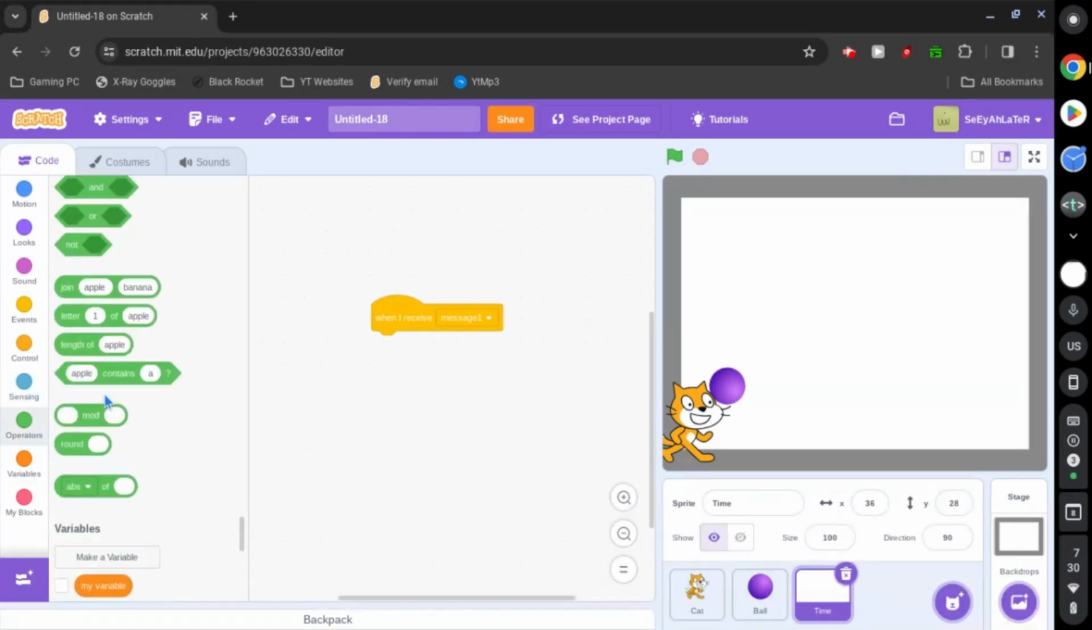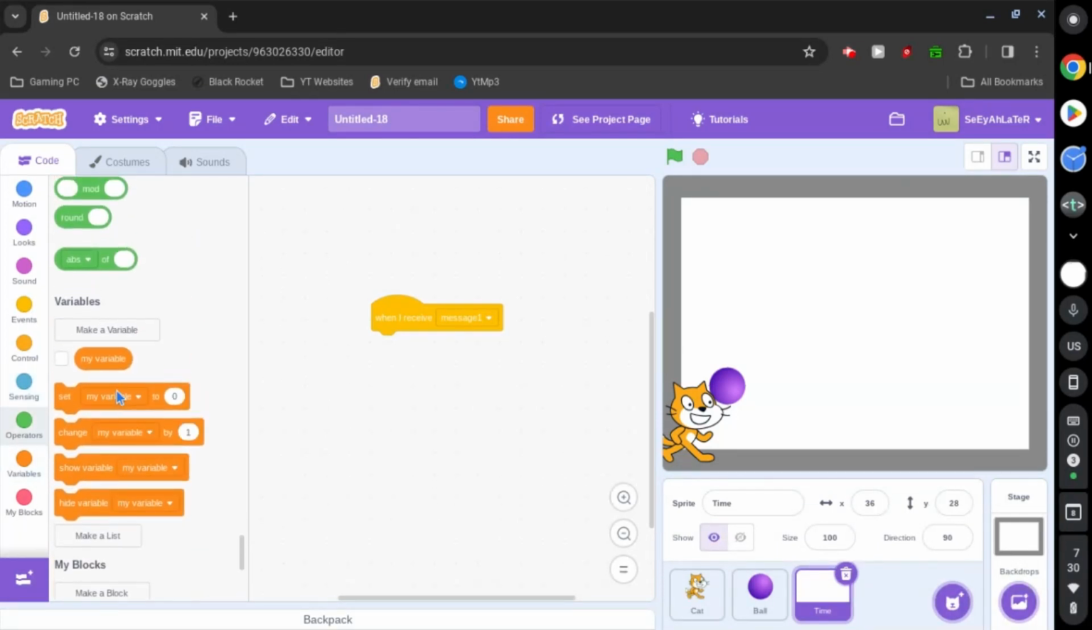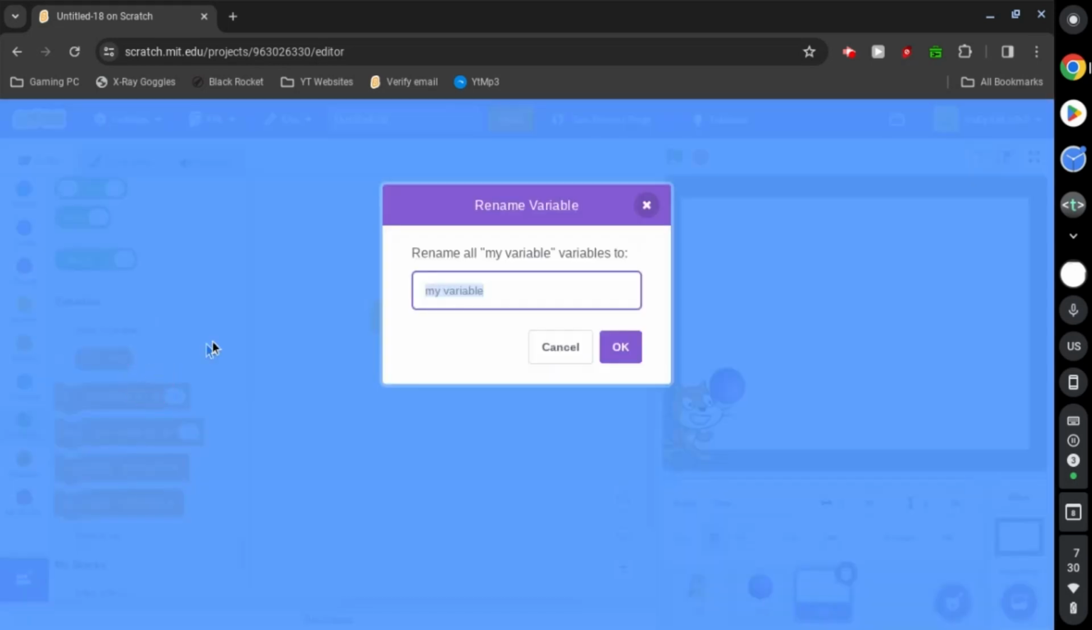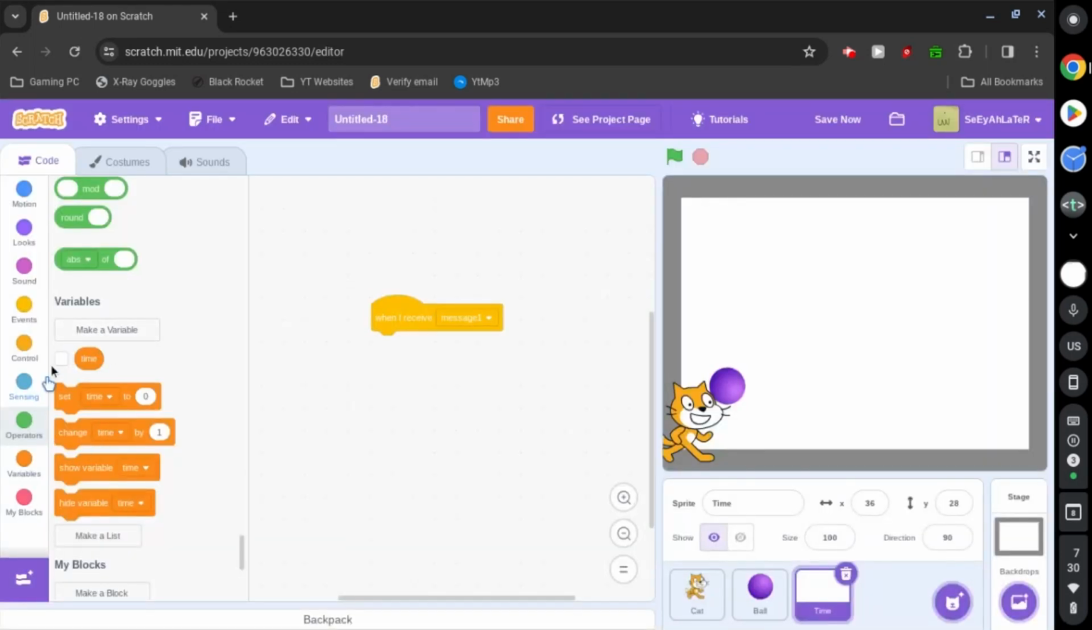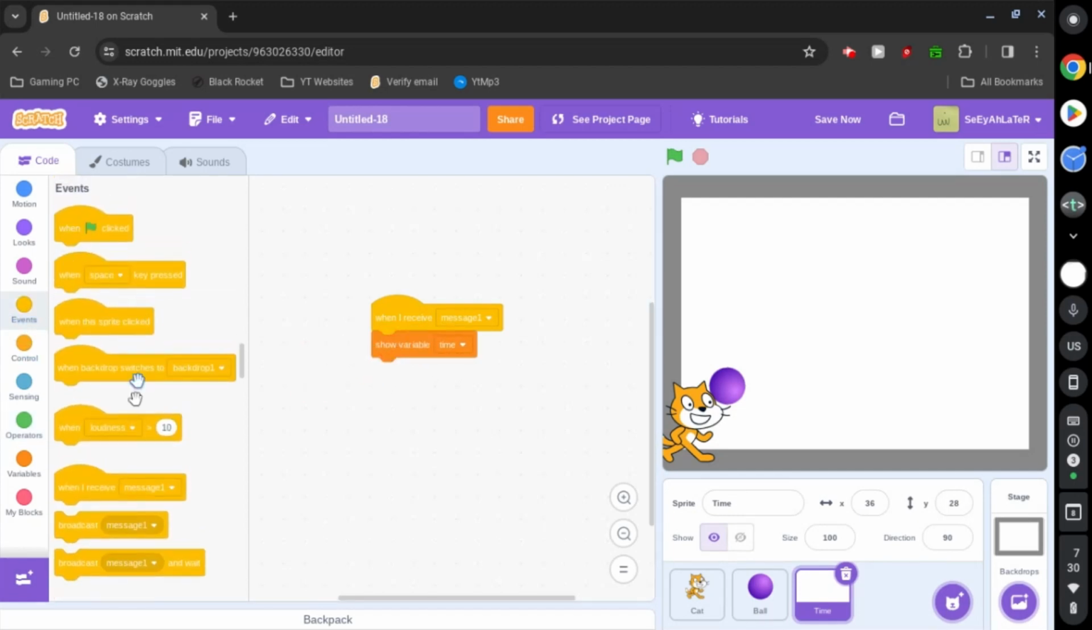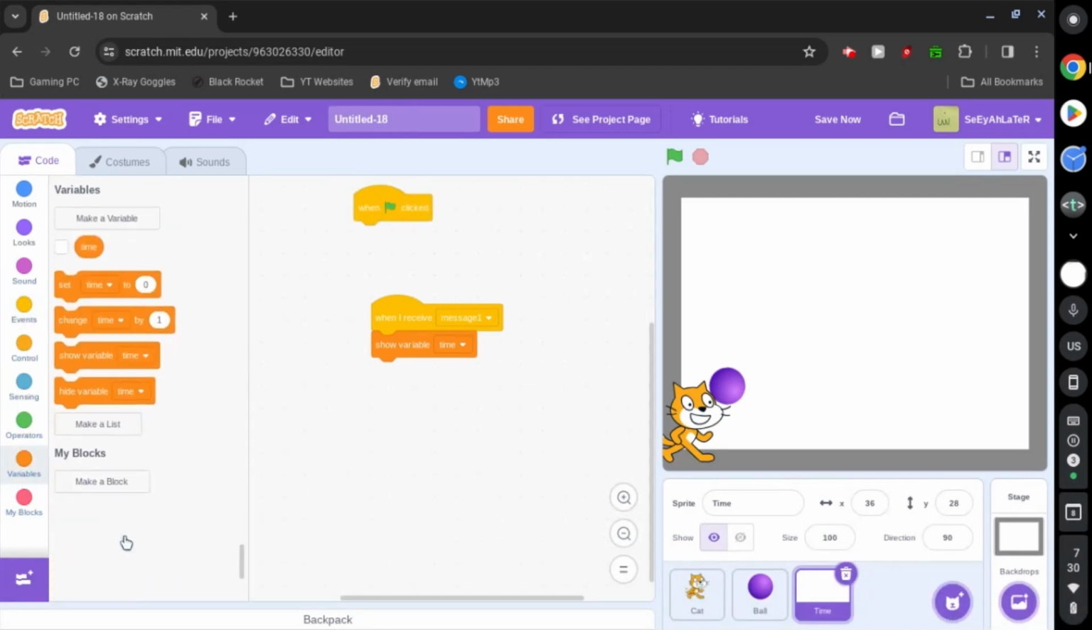So when I die, I'm going to rename this variable to time. And when they die, I'm going to say show variable time. And first, when green flag clicked, hide variable time, so they just don't see it. I just made a sprite over here called time for this. So you say show variable time,